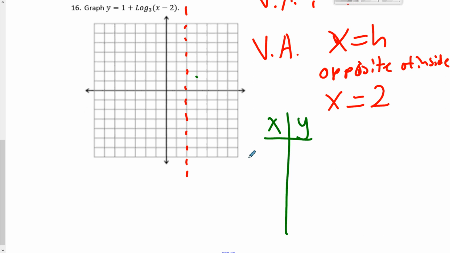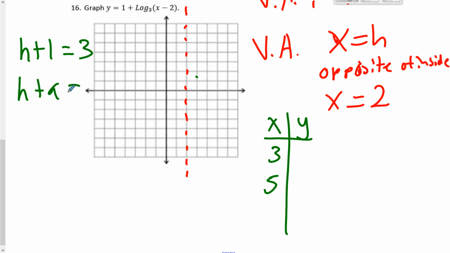Okay, so some good x's to pick would be 3 and would be 5. Those are some good x's to pick, right? Because when I take my h and I add 1 to it, I would get 3. And when I would take my h and add my a, my base, I would get 5, right? And those are some good x's to pick. Because when we plug those in,